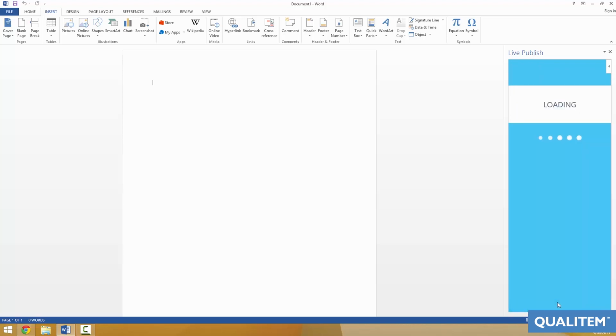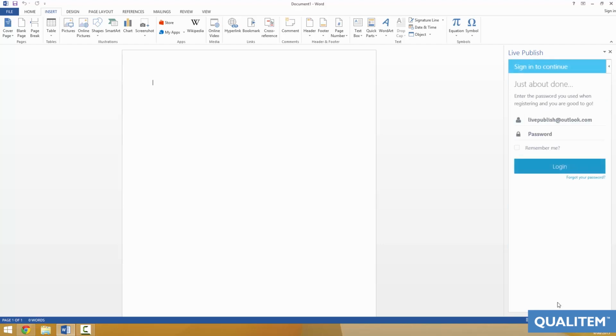Once you've registered, we will send you a confirmation email. The email will contain the trial site login details for you to log in and trial Qualitum Live Publish. During the trial, we support you publishing to 2 SharePoint endpoints. The first is a SharePoint trial site, of which the credentials are forwarded to you via email. The second trial site is our Office 365 site.